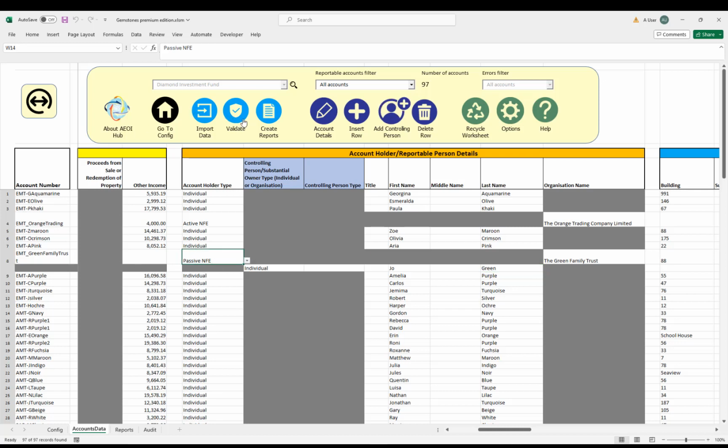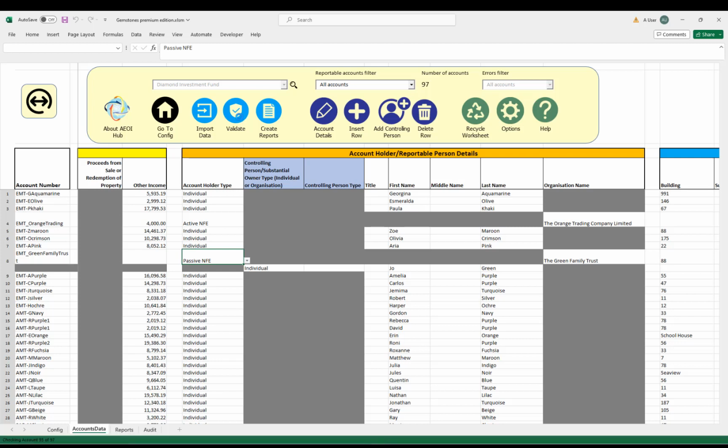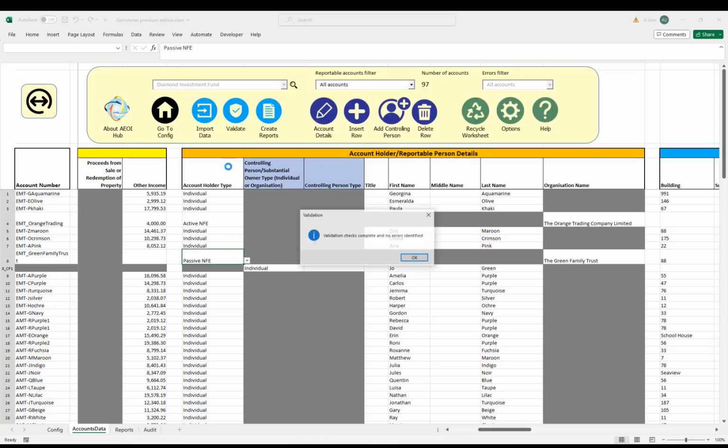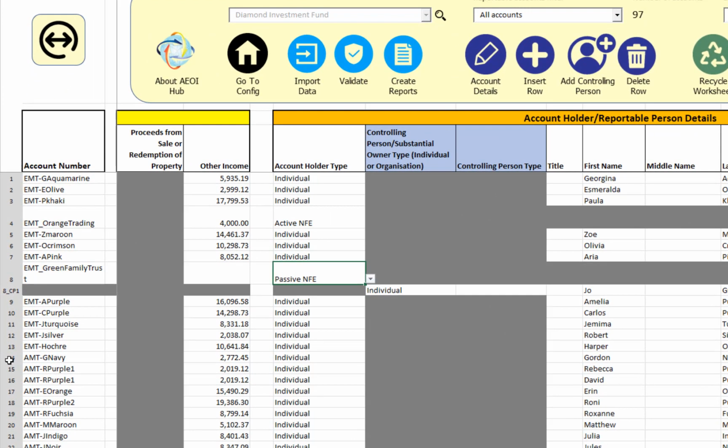If I run the validate again, just to both validate and tidy everything up on the sheet,